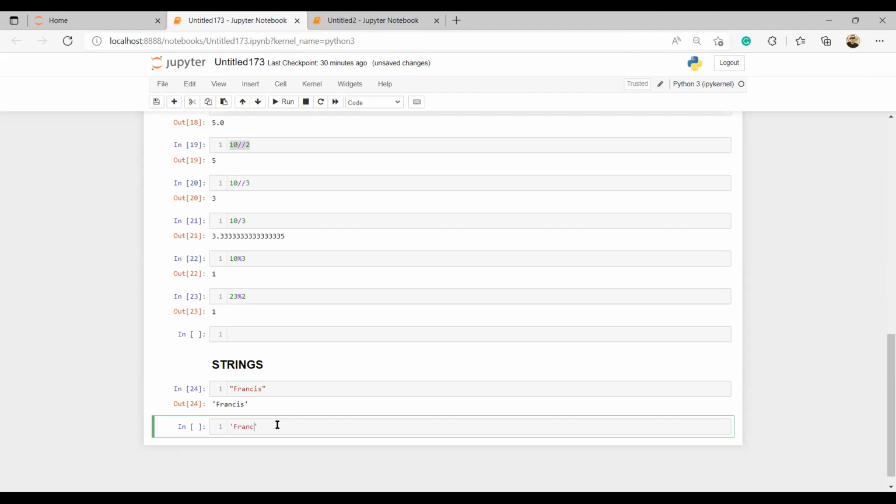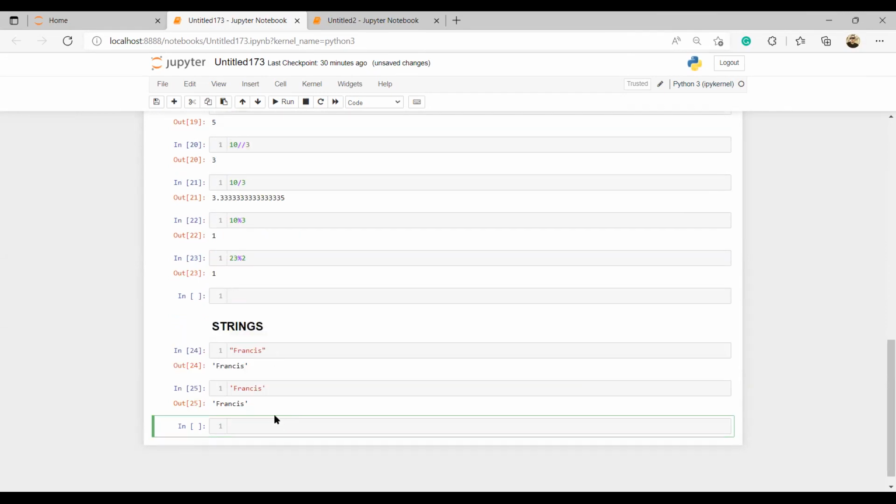But can we use it anytime we like? Yes, but it depends. For example, if somebody's name is, let's say, O'Neill. Can you see the person's name? O'Neill.